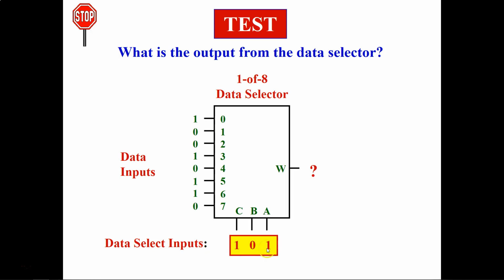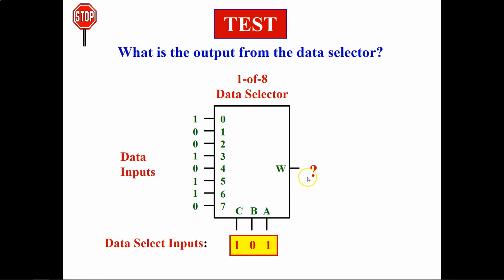So here we have 1 here and 1 here, which means this is going to be your 5. This 101, the decimal conversion is going to be 5. So at 5, what binary number do we have? At 5 we have 1, which means this 1 is going to be sent to W. So at 101 we have 5, and at 5 we have 1, so 1 is going to be sent